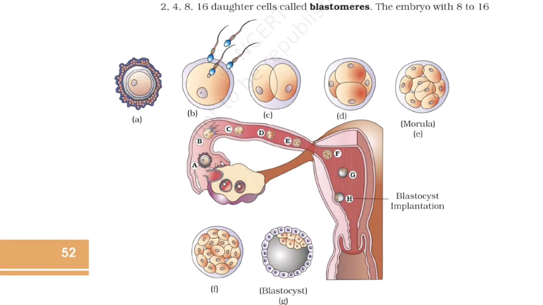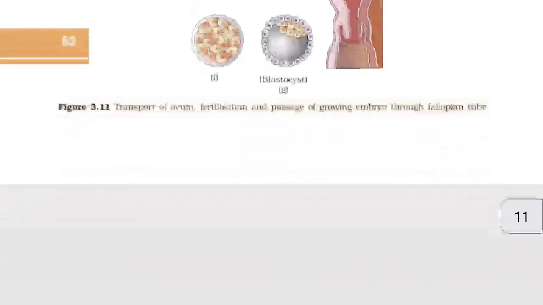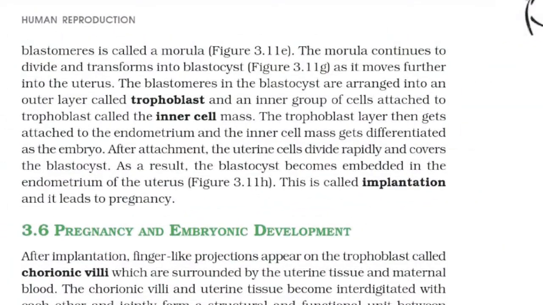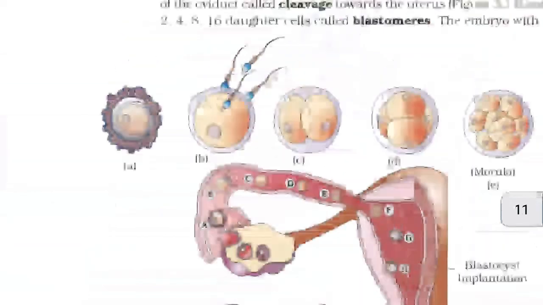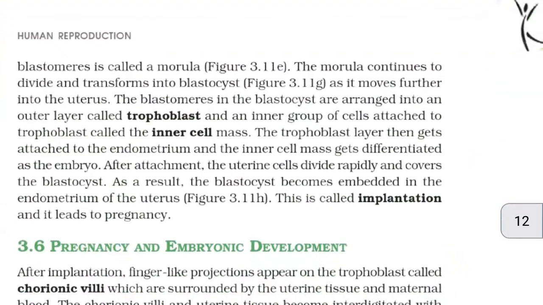The embryo with 8 to 16 blastomeres is called a morula. The morula continues to divide and